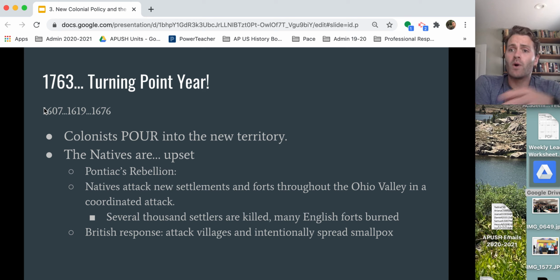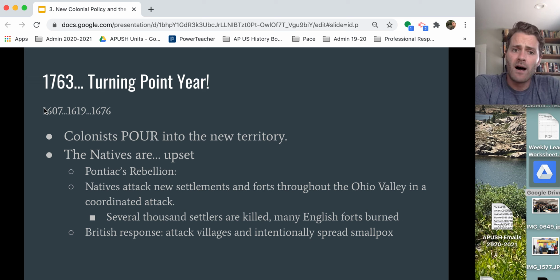So the colonists are going to pour in great numbers into the newly won territory because they feel they've contributed to the war effort and thus they should reap the rewards of the war. They pour into the new territory, which of course is going to make the natives furious because the natives lost their best ally, their best friend who was kind to them, the French. The natives liked the French being there because they didn't settle, they didn't stay, they didn't bring a bunch of people, they had positive relations. Whereas now the French are gone, and it's British settlers that are pouring into this territory.